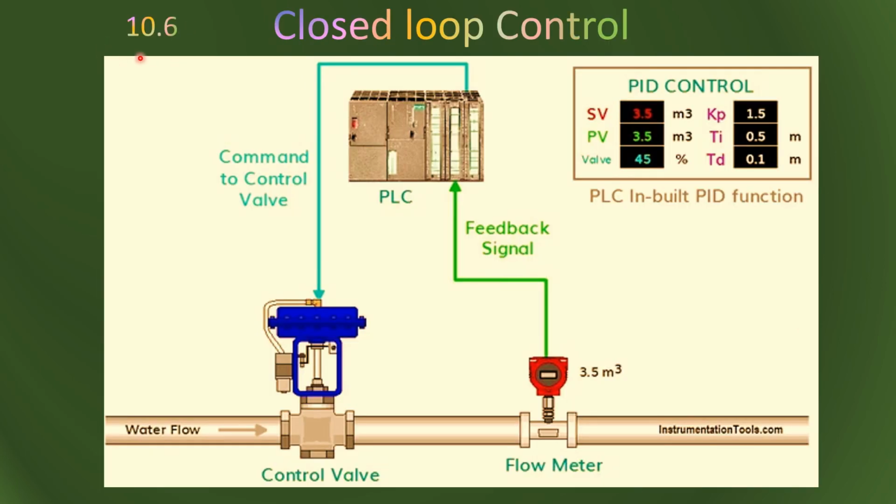Section 10.6 discusses the closed loop control. In the closed loop control system, the data is measured by a measurement device, and the signal from the output of the system is brought to the computing system. Over here there is a flow meter, so flow rate can be measured by the flow meter, and this signal we bring as a feedback to the PLC, and then using some controller, maybe proportional, integral and derivative controller, or only proportional or integral controller, or some other type like lead lag controller, or any other controller we can implement